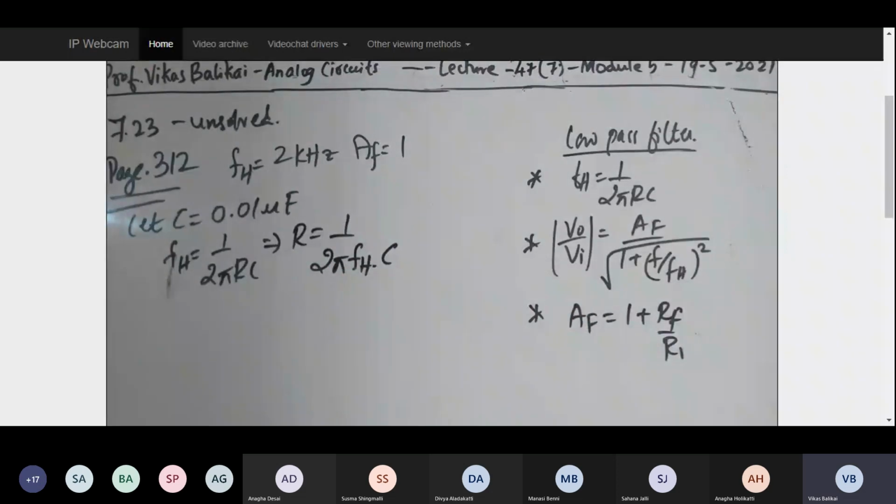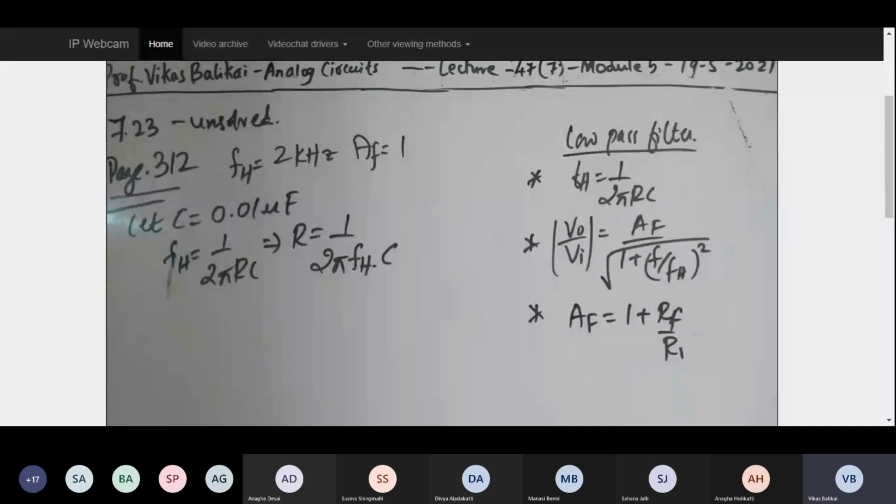So I need to be doing this. Once I do this, I'm going to get the values of my R. Again, I'm not going to write the answer over here. It is quite simple because it involves calculation, so I leave the calculation to you. I'm just showing you how to solve the problem.